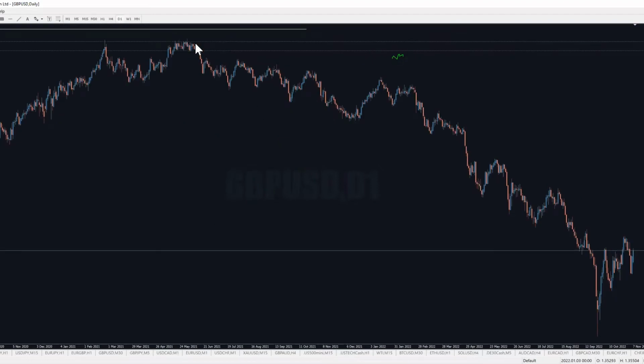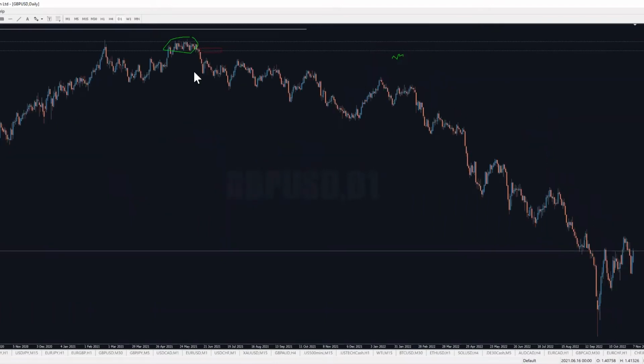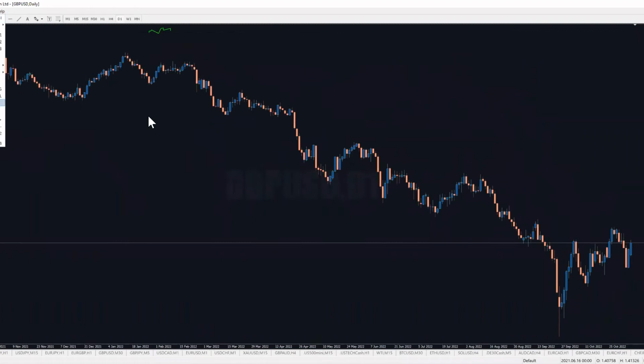And anytime a supply is left behind, I would like to draw some kind of rectangle just to be aware of those in there, right? For example, in this case, price created all this range in here, even faked out this high for a bit, but we did respect the previous supply that was left in there. So this was a supply level on the bigger picture, and now we start moving down here, right? So if you actually take a look now,